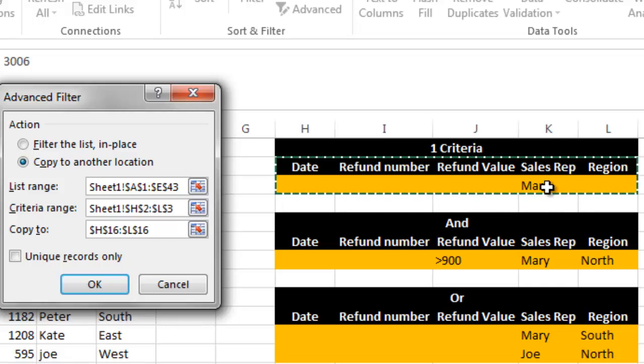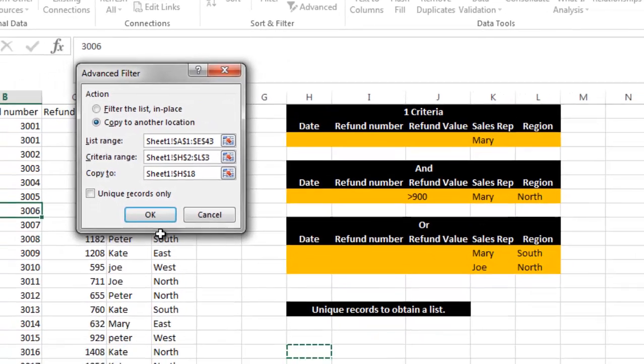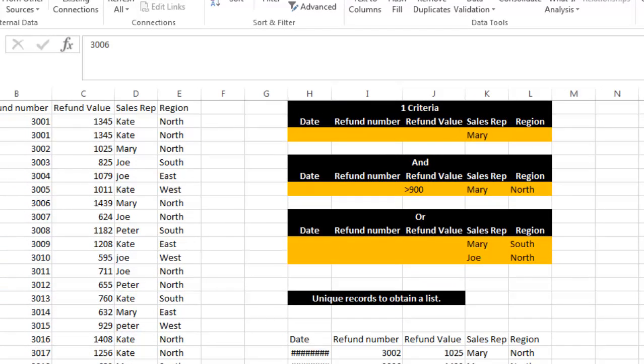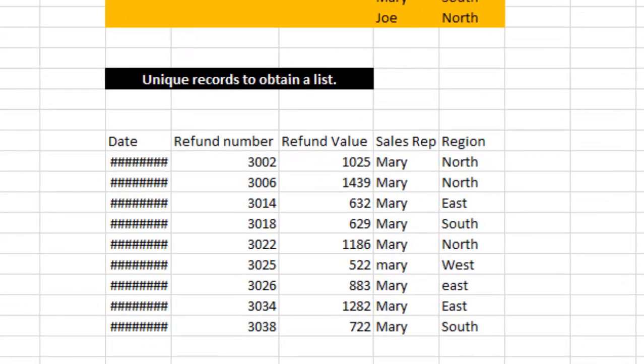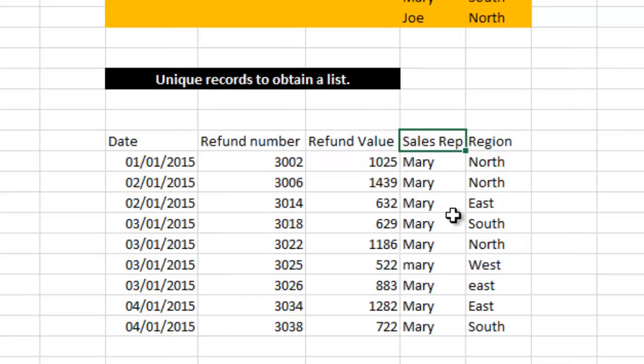So we've only got one criteria. It says here copy to, and where are we going to copy it to? Well, let's just copy it down here for the moment into cell H18 and select OK. And you see there now what has happened is it's extracted out all the data for Mary as per the